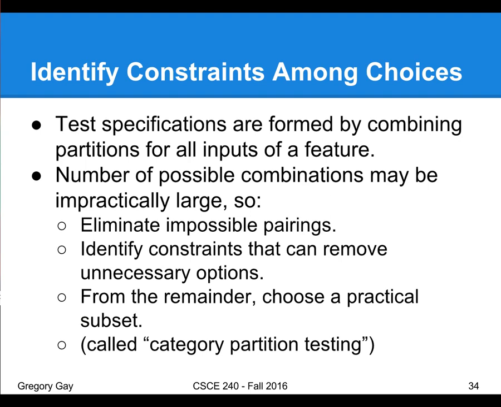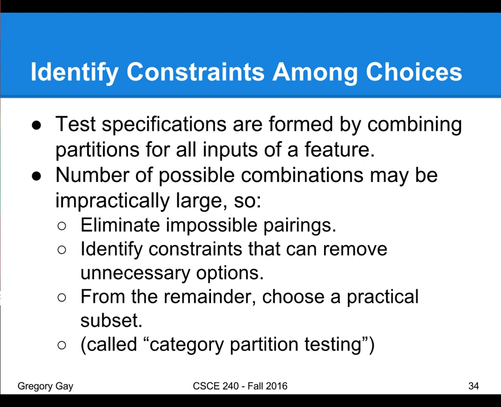Now, at a base level, the number of possible test specifications can still be extremely high, right? It's that Cartesian product of the representative values for all those variables. So that can grow exponentially as the number of variables in equivalence classes grows. So for a simple system with 5 inputs, 6 values for each, you're still going to have nearly 8,000 abstract test cases, and each of those could be instantiated into dozens of concrete test cases. So that's a pretty insane number of tests for a simple system, and that's not really going to work.